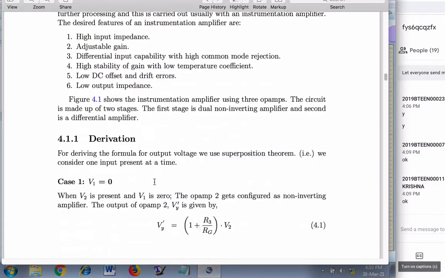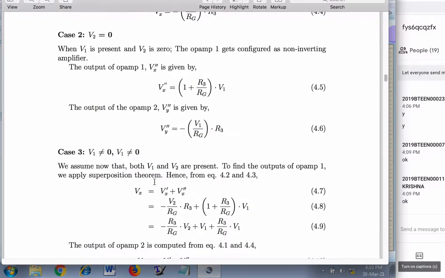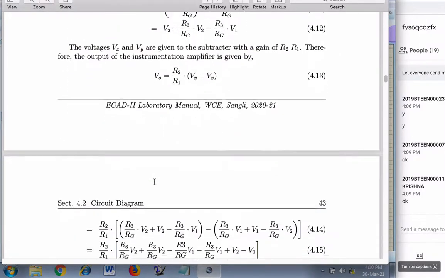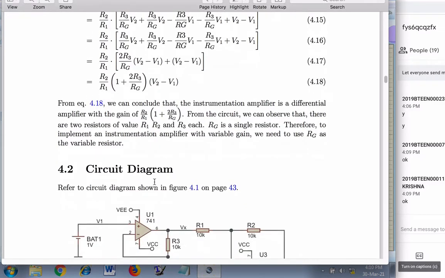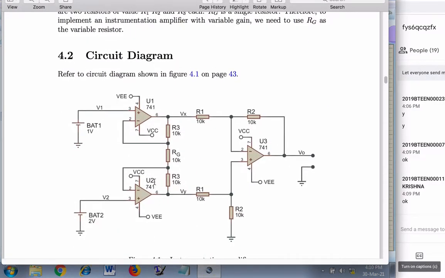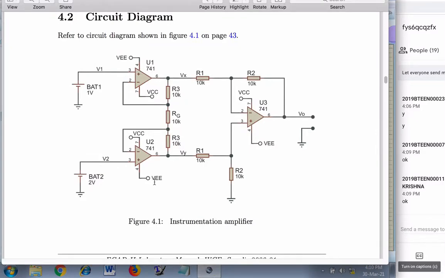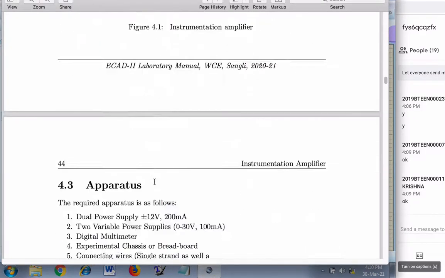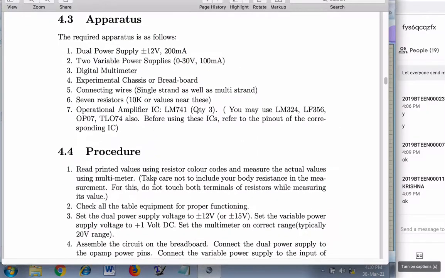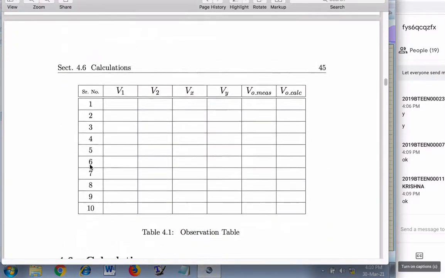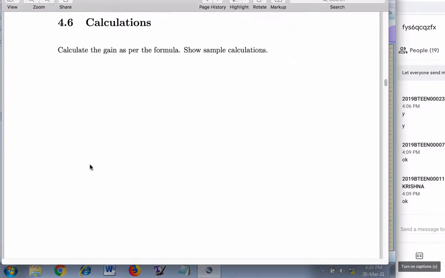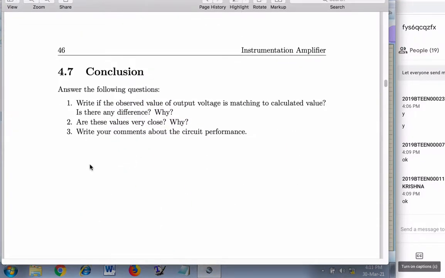So please read this. Derivation you write by hand, because then you will do it at least once. Okay. But just do not copy it. Understand that and then do it. Circuit diagram also you draw by hand. Put the resistor values which you have used. Then apparatus is fine. Procedure also is there. Observations write down. Table you create by hand. Calculations, sample calculations you can write, and then write the conclusion.